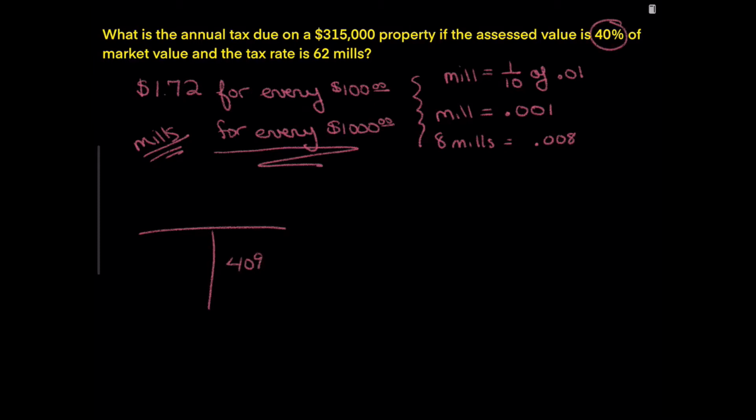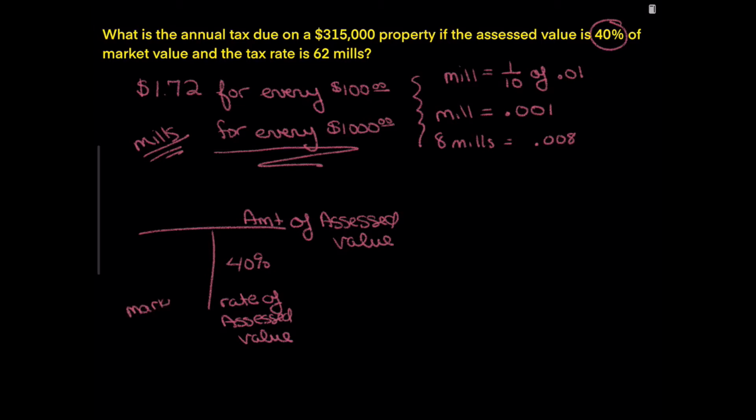We know 40% is a rate of assessed value, which means up top we have an amount of assessed value. And this is going to be based off of the market value. In this problem, our market value is $315,000. So because it's a t-bar, we'll multiply, and we find out that our assessed value is going to be